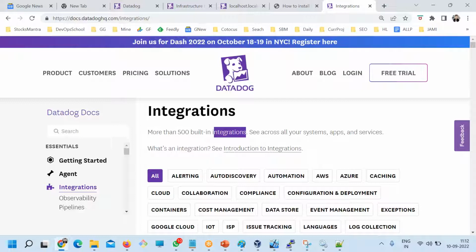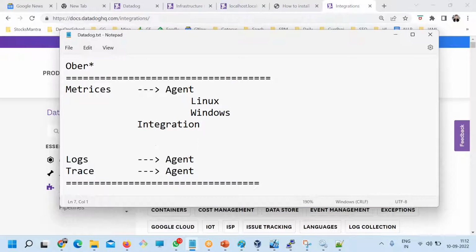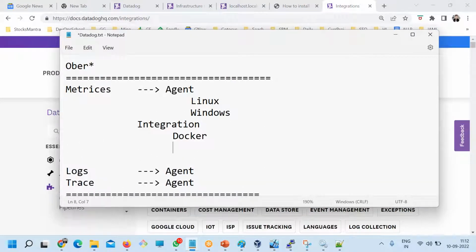So how to do that? That's the question. This is a very conditional question, guys. You need to know the tools very well. For example, I'll show you as part of this session two integrations: one is Docker and one is Apache. You need to understand Docker very well, and Apache very well, so you can integrate. Okay, let's get started.